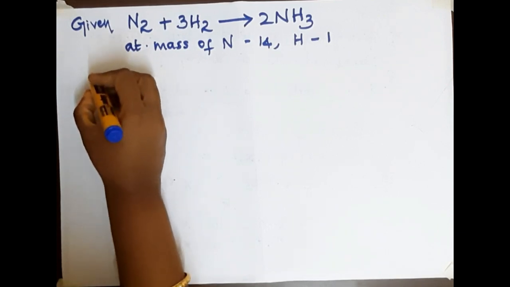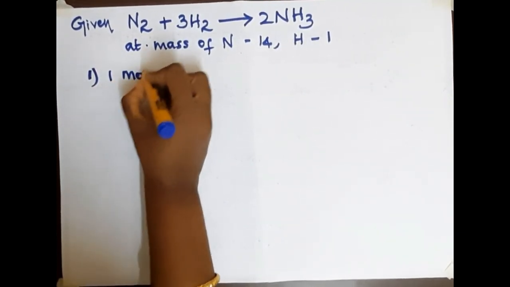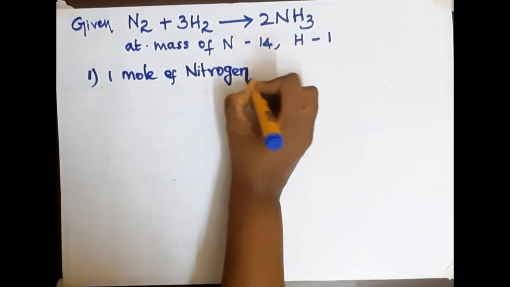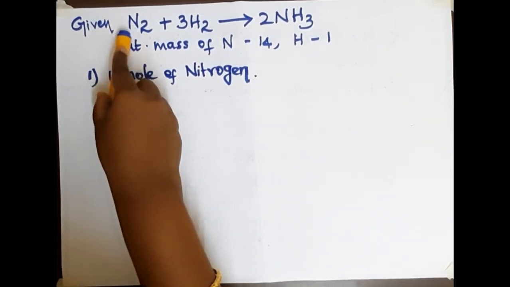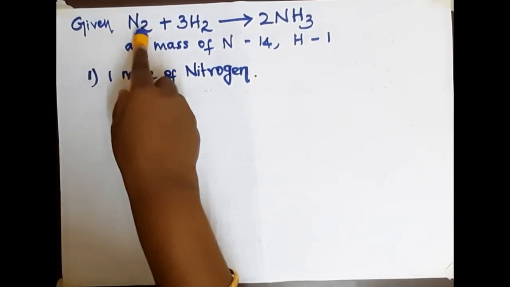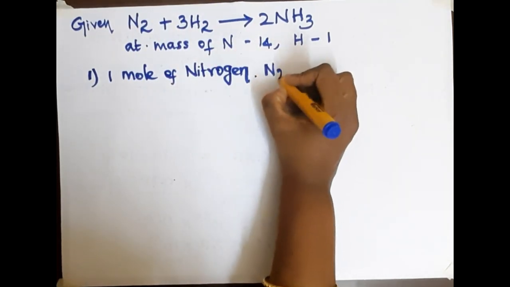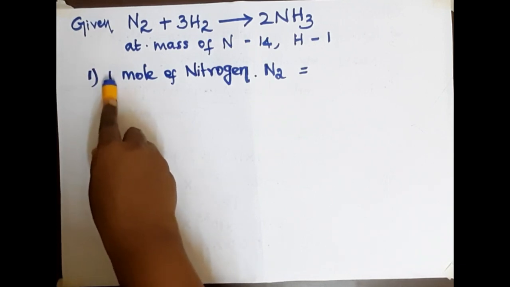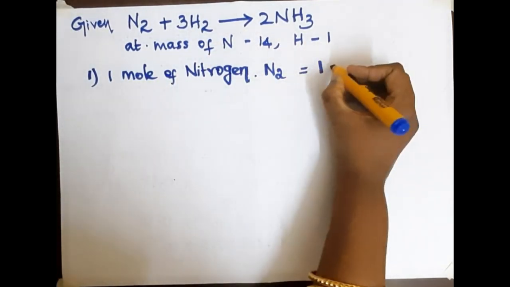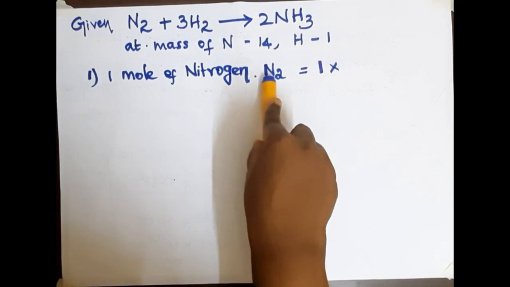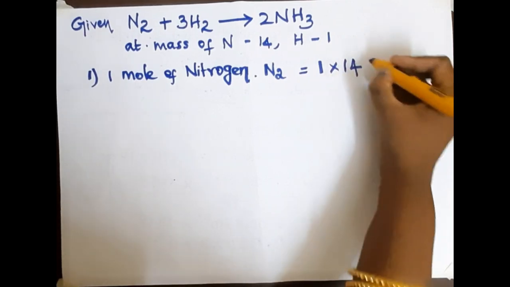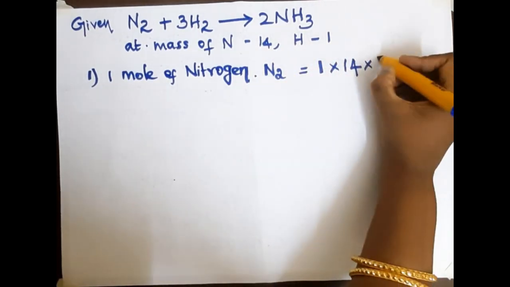Okay. First we will take 1 mole of nitrogen. Now listen here, children. Why am I writing 1 mole? Because here there is no number. So I am writing it as 1 mole of nitrogen. How do we have to calculate? Keenly watch, children. First you write the number of moles. How many moles, children? It is 1. Into the atomic mass of nitrogen. What is the atomic mass of nitrogen, children? It is 14. Into the number of atoms, 2.